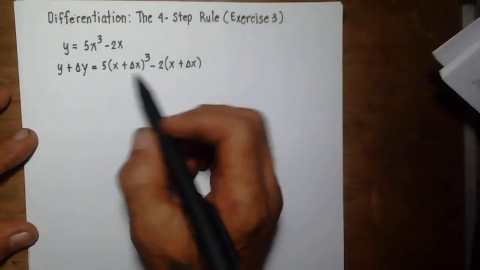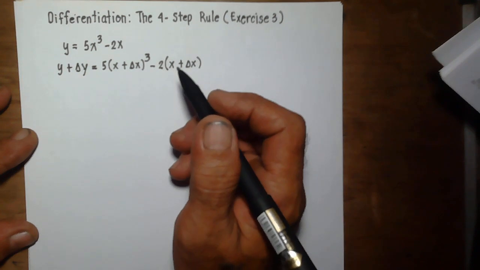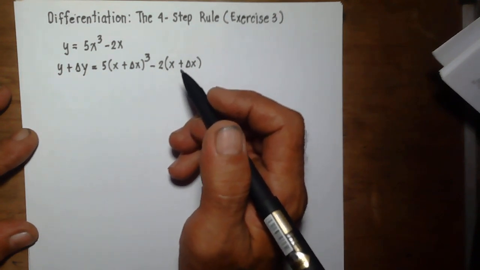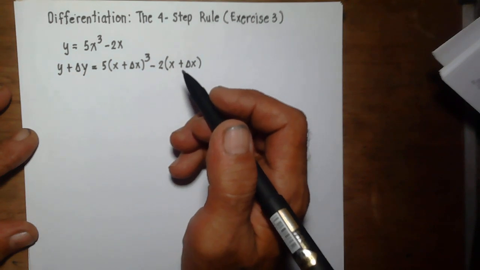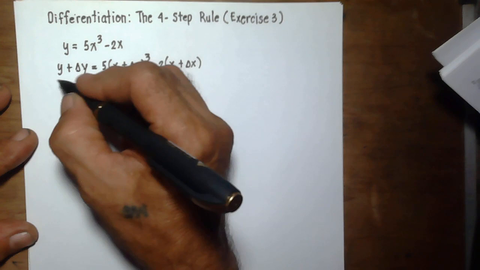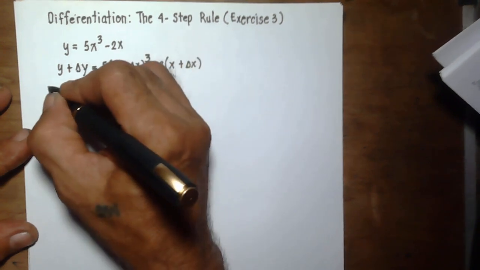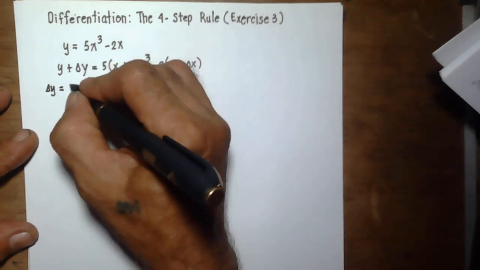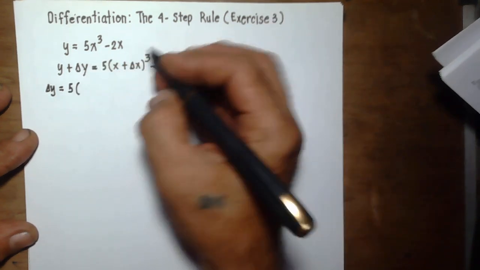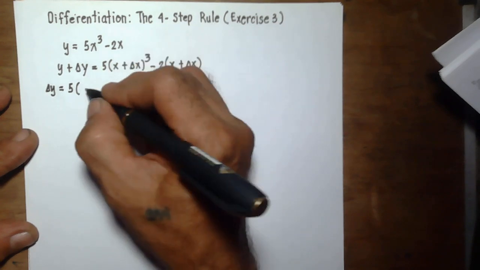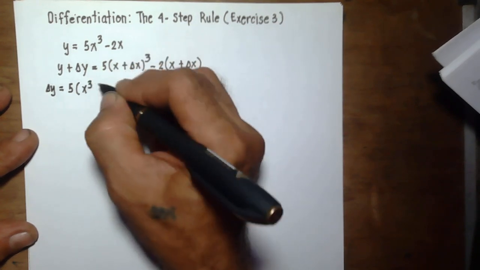Now we are cubing a binomial, and in cubing a binomial, we follow the rule stated on the special products. But first let us solve for delta y. Now we have to cube a binomial from the special product. We have x cubed